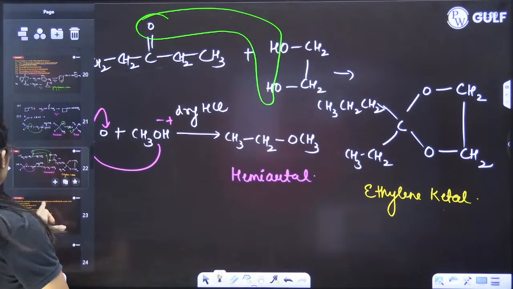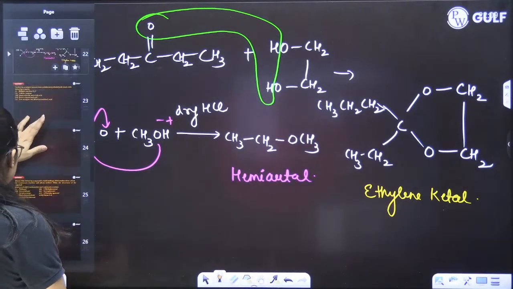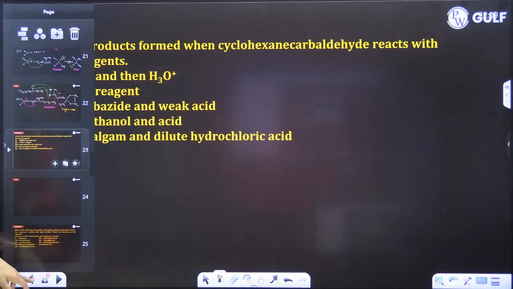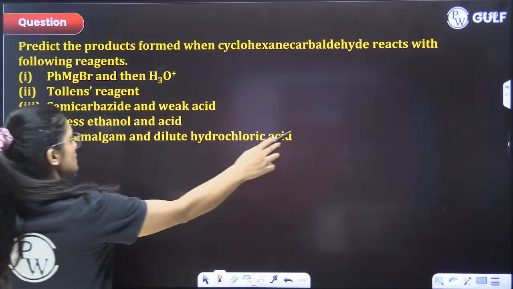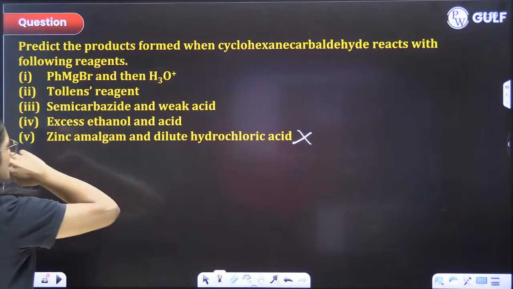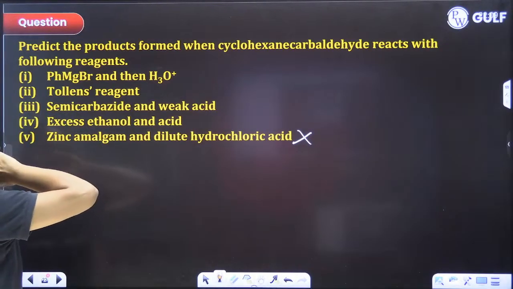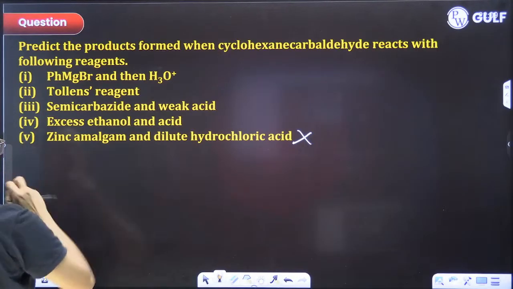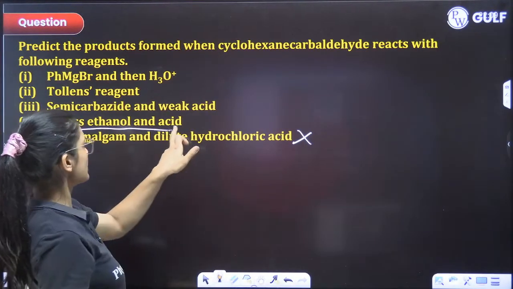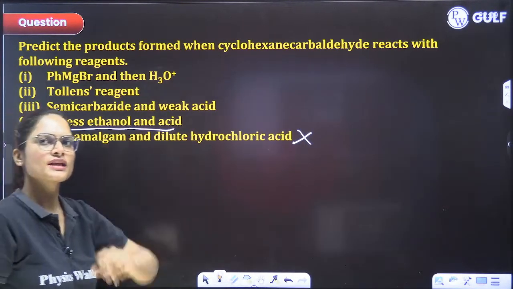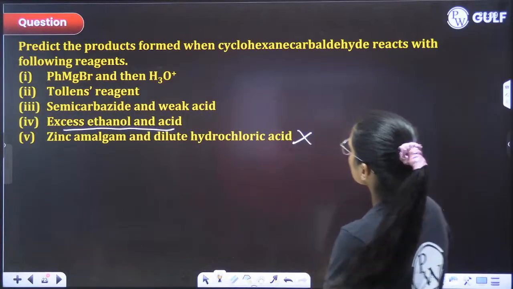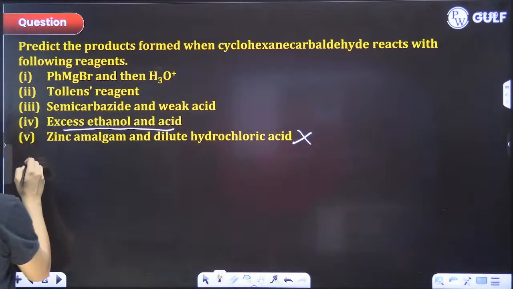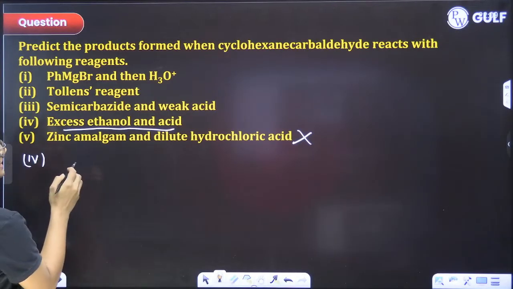So, yeah. What is the next one? We have not done this part. Clemmensen reduction. Excess ethanol and acid, cyclohexane carbaldehyde. This we have done. Can you tell me the name of this reaction? Carrying out the reaction of cyclohexane carbaldehyde. Let's do the fourth part. Cyclohexane carbaldehyde is